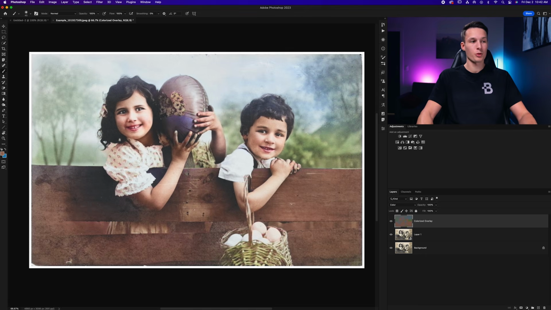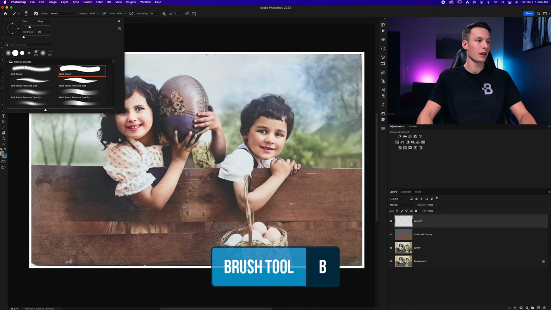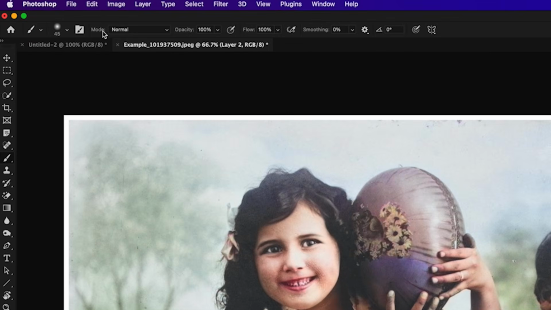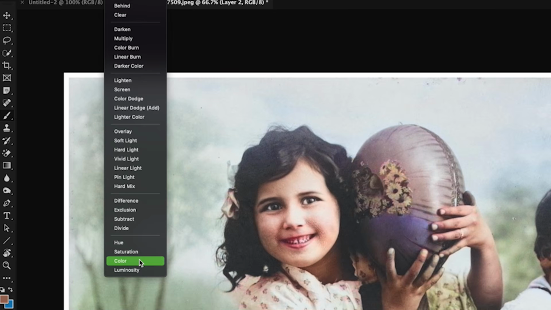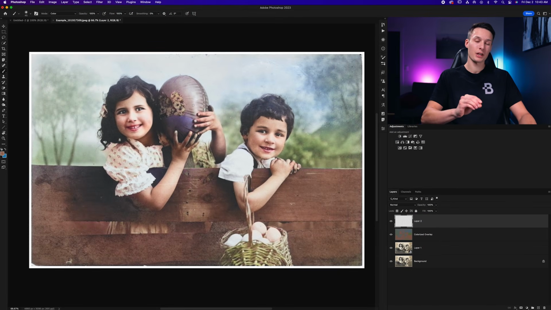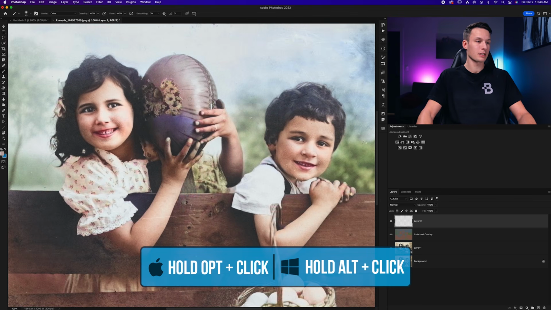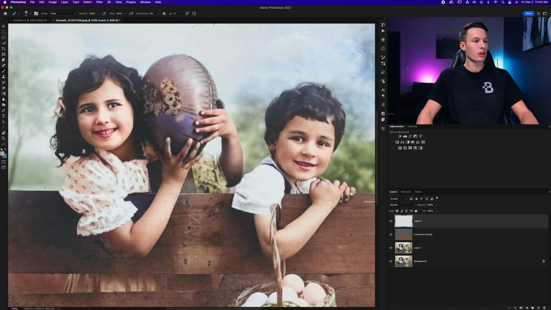Now let's go and touch up those problem areas that were left over from our neural filters. I'll start by creating a new layer, and then I'll select my brush tool by pressing B. I'll then make sure I have a soft round brush selected. Up here in the options bar, we'll then make sure the mode is set down here to color, and then we need to go and sample the color that we want to use as our replacement color. So in this case, I want to remove this purple and replace it with this sort of beige color. So I'll hold Alt or Option and click to sample that color,